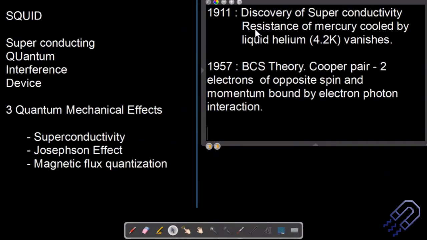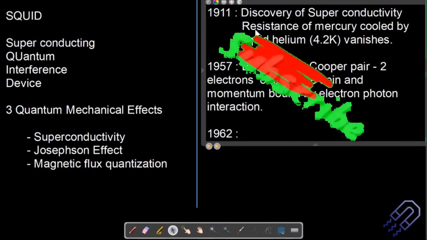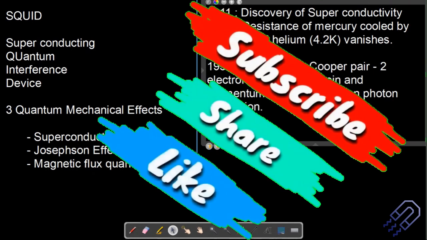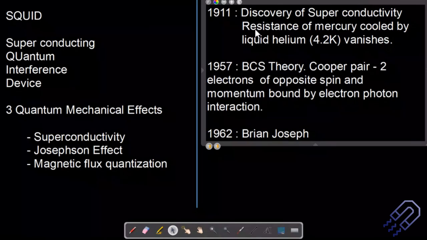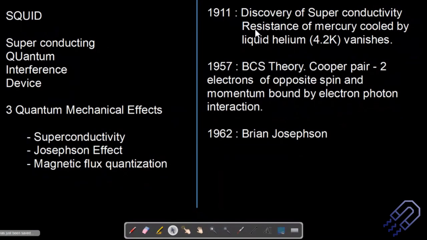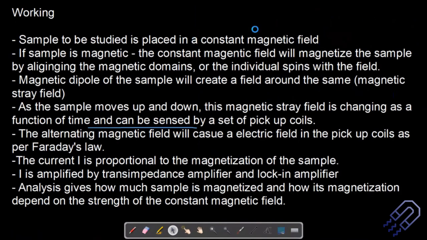When we go into high energy physics, I will explain certain things there: whenever we talk about any kind of interaction, be it among magnetic material, electric material, or nuclear material, there is always an exchange of particles. In this particular case, the exchange is basically the phonon interaction. In the year 1962, there was a scientist named Brian Josephson. Now we are slowly coming towards SQUID. Brian Josephson predicted the